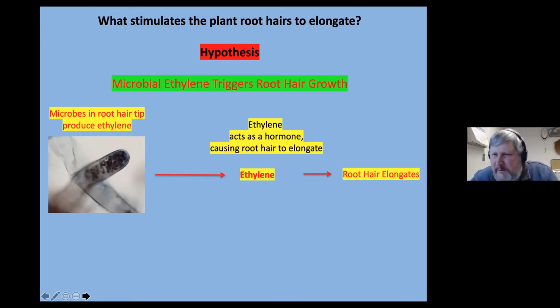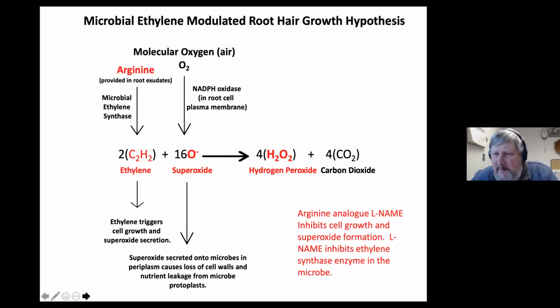And just to show you the extent to which we are trying to figure this out, here's a chemical reaction, actually, to what we think is happening in those hairs. Basically, we think the microbes are using this enzyme called microbial ethylene synthase, and that enzyme utilizes arginine, and it will then produce ethylene. Ethylene, being a plant hormone and produced by these microbes, will then trigger hair elongation in the root hair,